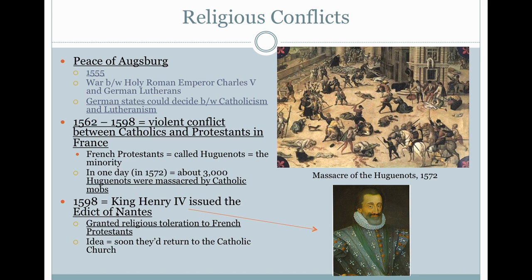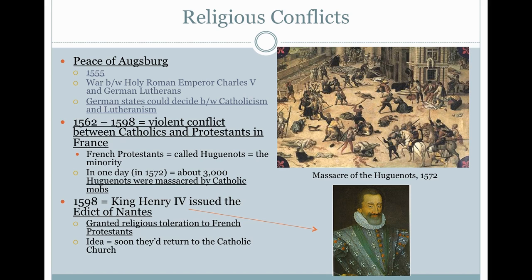This is settled by King Henry IV of France. Don't get confused with the Henrys. The names kind of are bouncing back and forth between one country and another. Not the same people. Maybe the same family lineage. Sometimes kings would kind of marry their sons and daughters off to another country.